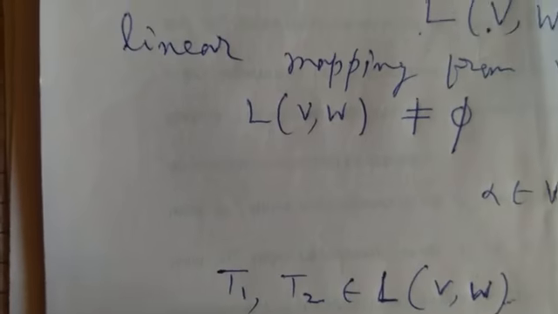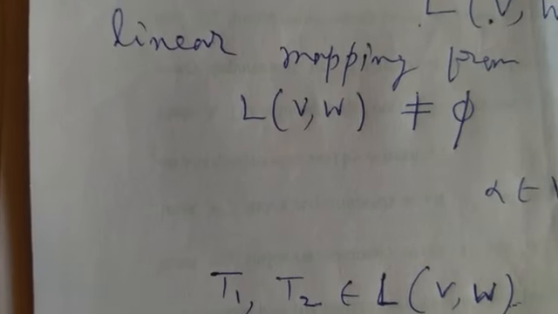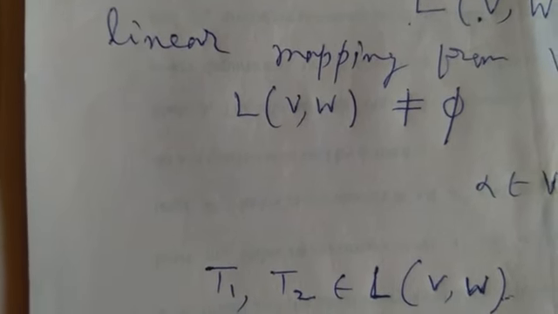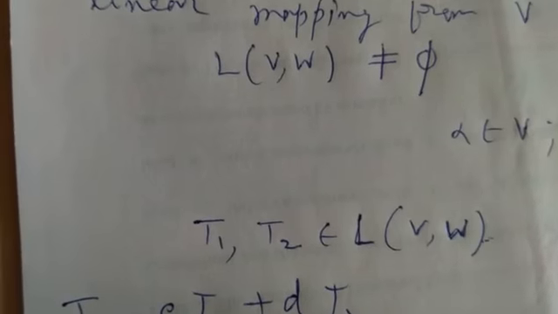Let it be denoted by T3. So for any u belongs to V, T3(u), that is (cT1 plus dT2)(u), is equal to cT1(u) plus dT2(u)